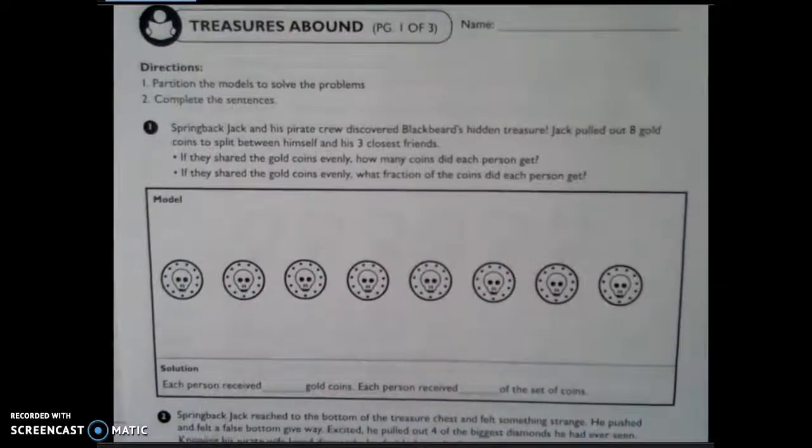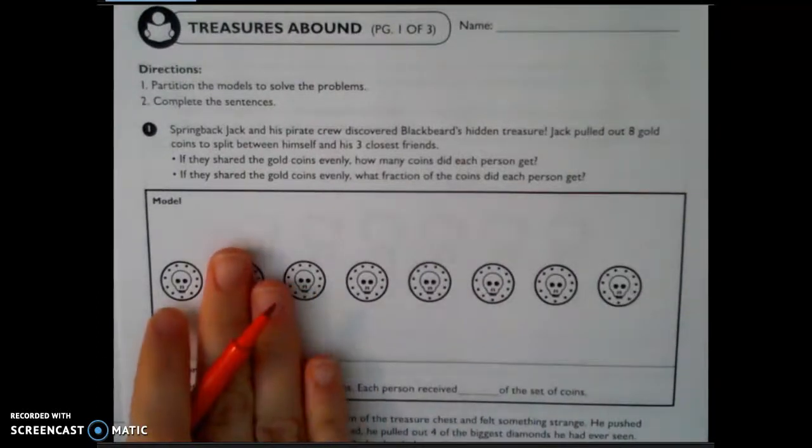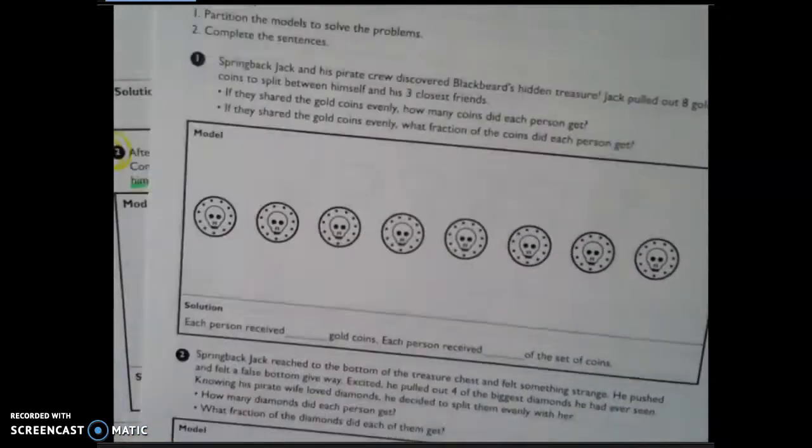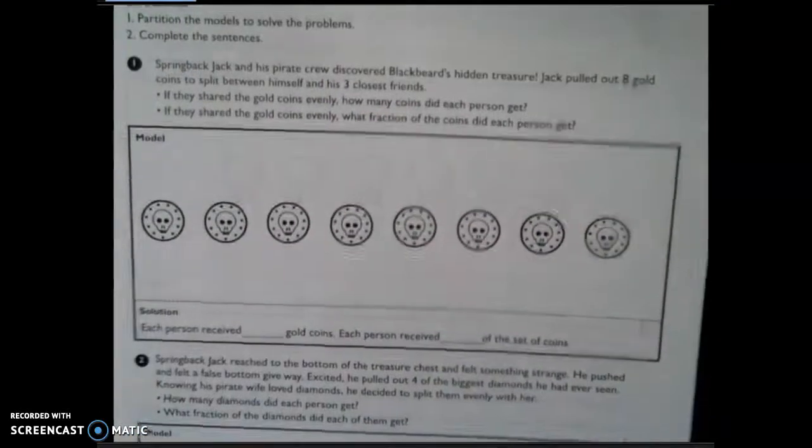Okay, I'm going to model one more problem of partitioning, and then you guys are going to solve this problem down here. You're going to solve this one by yourself, okay? So,